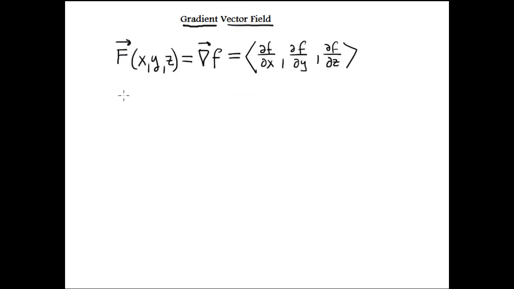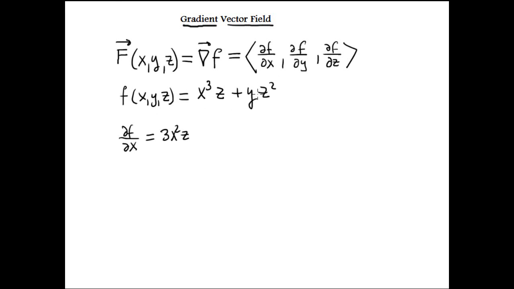Suppose that a scalar function is given, f(x, y, z) equals x cubed times z plus y times z squared. We want to find the vector field associated with that function. We compute separately the partial derivative with respect to x, which is 3x squared z,